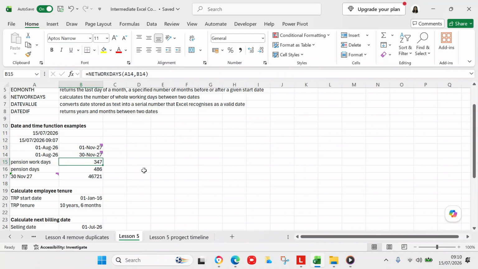So there's 347 working days between A14 and B14. I don't know if that includes holidays. It might just be Monday to Friday. Maybe it's just Monday to Friday. So I don't know if it includes bank holidays, because if they were going to make it bank holidays, then